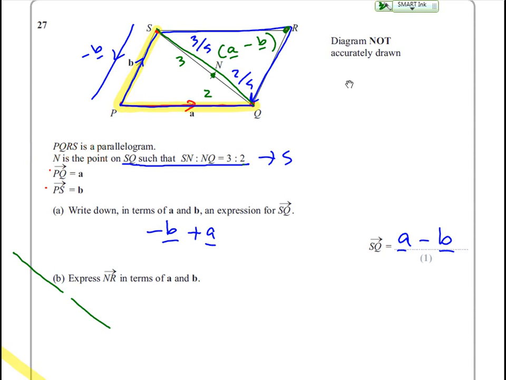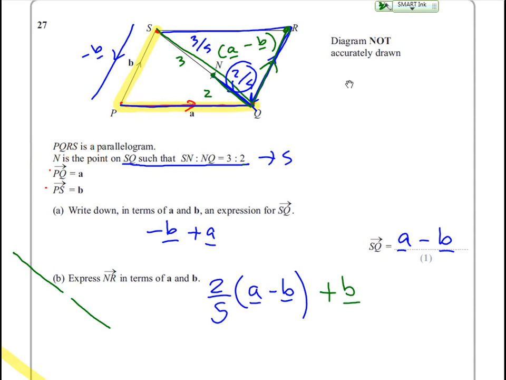Okay, now we want to go 2/5 of the way just to go to there. So we can write, we want to go 2/5 of A minus B. Now to finish off our journey, we've got to here, we want to go up this vector. Remember what I said about moving the vectors around? That is just B. Okay, and it probably wants it simplified because it wants it in terms of A and B. Times out your half a banana method. You get 2 over 5 A minus 2 over 5 B